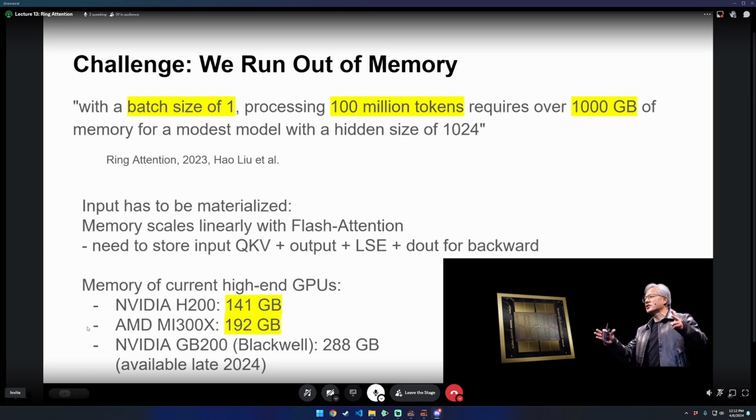And if you look at current really high-end GPUs, we have this NVIDIA H200, which has 141 gigabytes of high bandwidth memory, and the AMD MI300X with 192 gigabytes, which is a little bit more. It's a very good device, of course, for inference. And then the upcoming one, announced a couple of days ago, the NVIDIA GB2